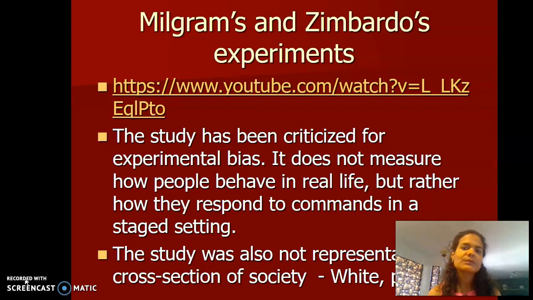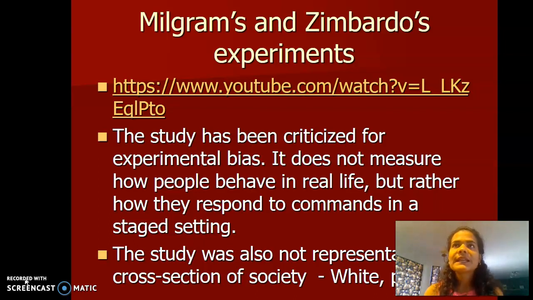So for instance, Zimbardo himself plays the role of the prison superintendent, and he's also the one in charge of the experiment, and that's a big no-no. If you are participating in the experiment, you should not be in charge of overseeing the experiment. Some folks have also raised questions about the debriefing process, that folks who participated endure many years of trauma from participating in that experiment, that they were kind of duped into participating, and informed consent is a really important